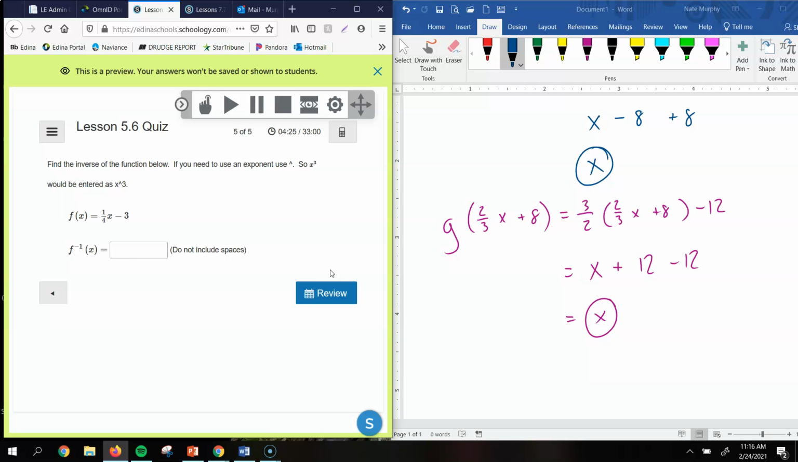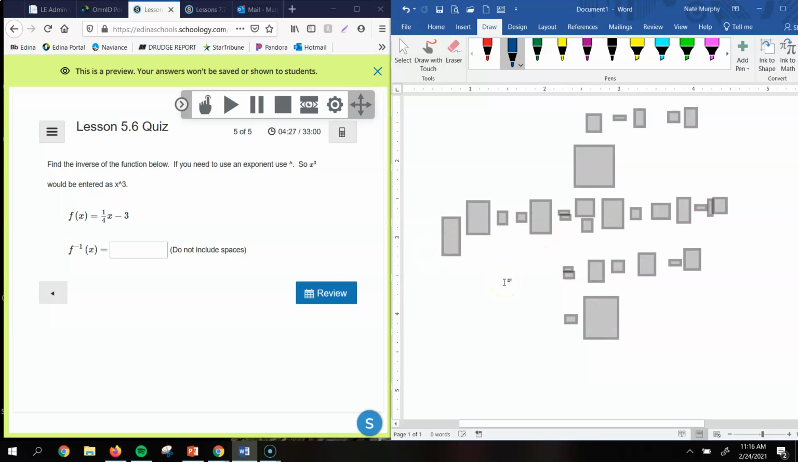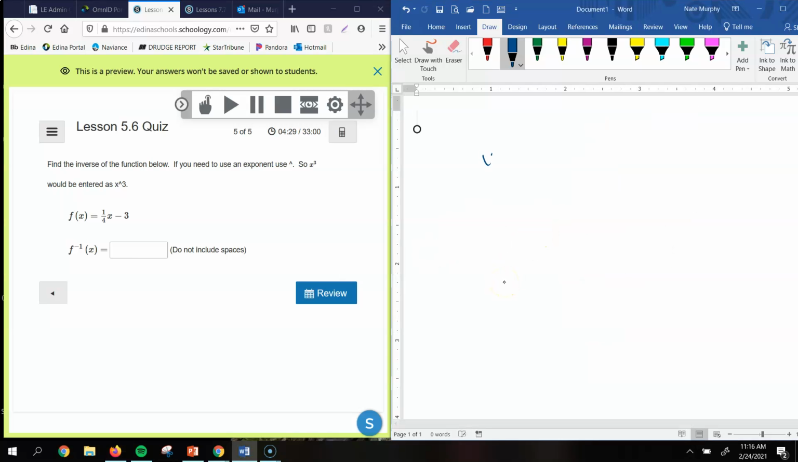And lastly, we want to find the inverse of this function. Again, we're going to rewrite that as y equals 1/4 x minus 3. So I'm going to switch the x and y around. I'm going to change the x to be a y and change the y to be an x. And now I want to solve for y. There's a couple ways you can do that. I like to get rid of the fraction first, so I'm going to multiply